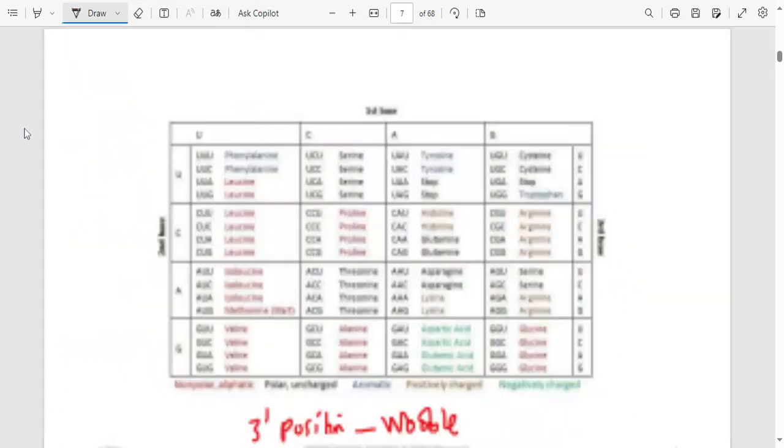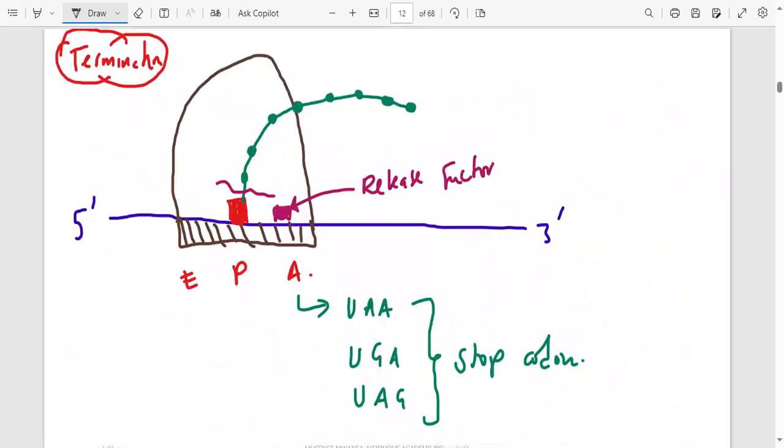Okay. So just one more thing as we conclude. After termination happens, you have formed your compound which has got polypeptide bonds. Now this one has to be activated. After replication, we did have some modifications. After transcription, we had some modifications. After translation, we are also going to have modifications. So those are known as the